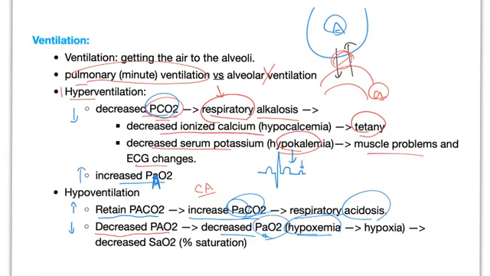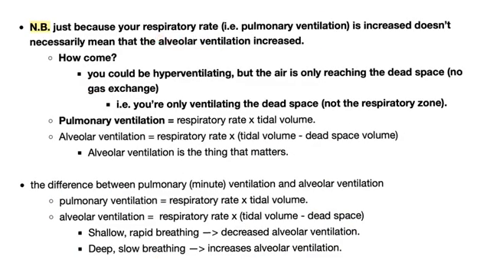When you have low PaO2 (small a O2), it's hypoxemia, which is a cause of hypoxia. You will have decreased oxygen saturation, of course, and you'll probably end up with cyanosis, a bluish discoloration of skin and mucous membrane. Just because your respiratory rate is increased doesn't necessarily mean that the alveolar ventilation increased, because you could be just